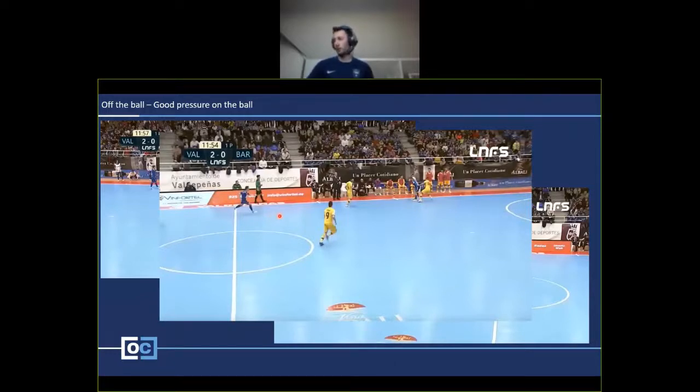And making sure that when you secure it, you actually give yourself quite a firm base. You can see here, this pivot, he's very, very vertical, very upright. It's probably quite a difficult ball for him to control and get it under in one, as the defender's so close to him. But if he can get a firmer base there, he's going to do better for his team.